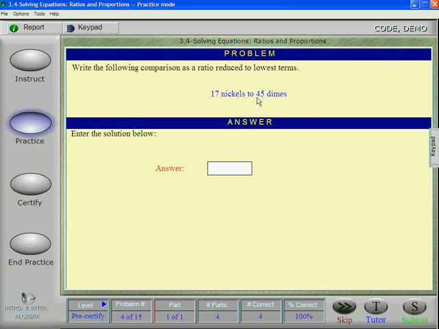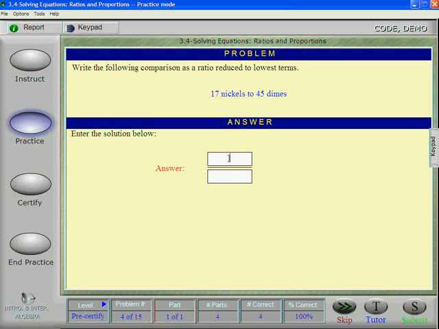But I'm going to have to change one of these numbers in order to match the labels. So usually what's easier is you take the bigger quantity. A dime is a bigger quantity than a nickel, and you end up increasing this number by the appropriate factor. A dime is worth twice as much as a nickel, so it's a factor of 2 that I'm going to multiply 45 by. So it's a 17 to 90